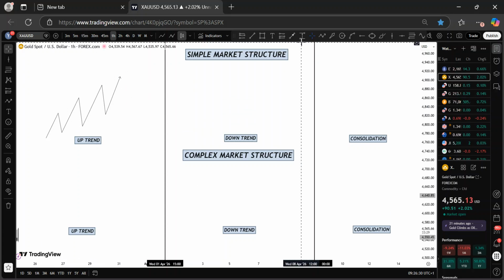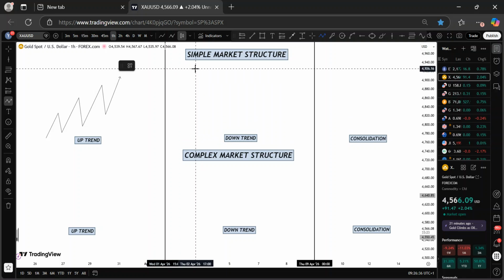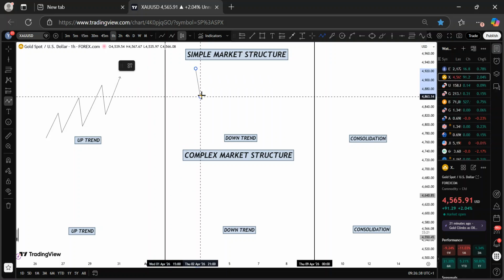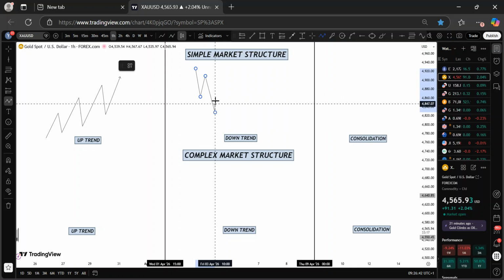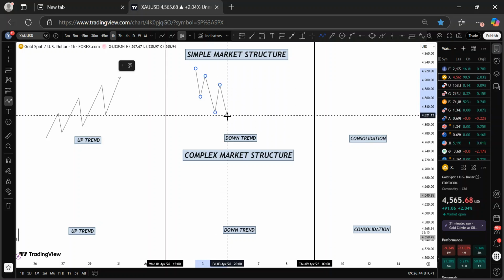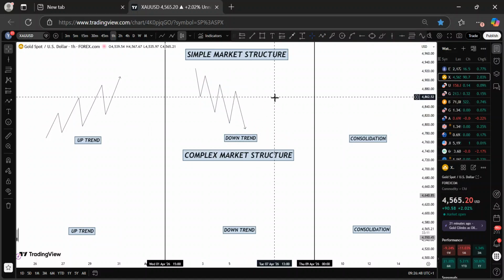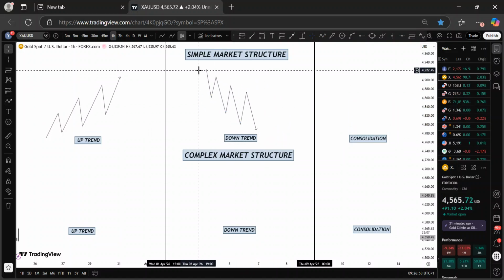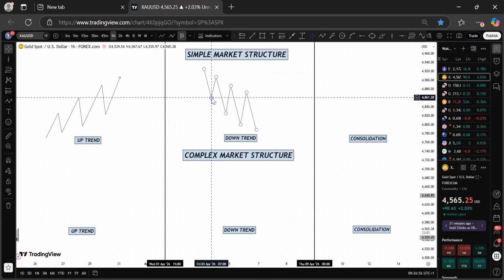All right. Then a downtrend is the opposite of what you see in this uptrend. What you see is that the market comes down, pulls back, comes down again, pulls back, and these are the kind of things you see in a downtrend. So what do you notice here in this downtrend? You notice that when the market is coming from the top, it gets to a particular price level, it pulls back.